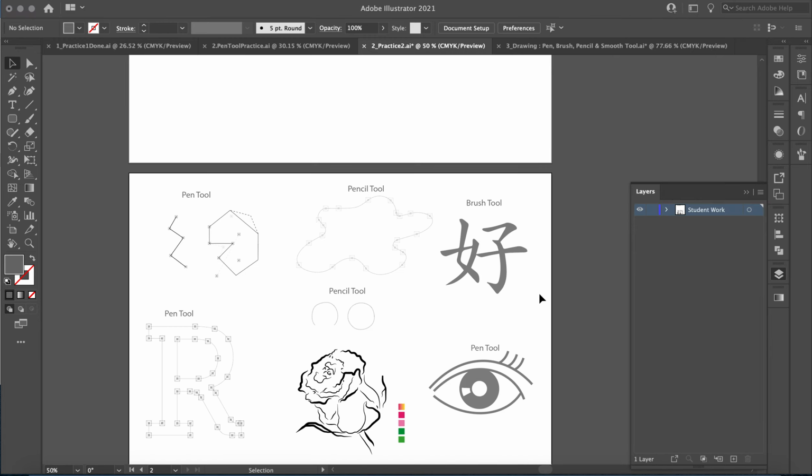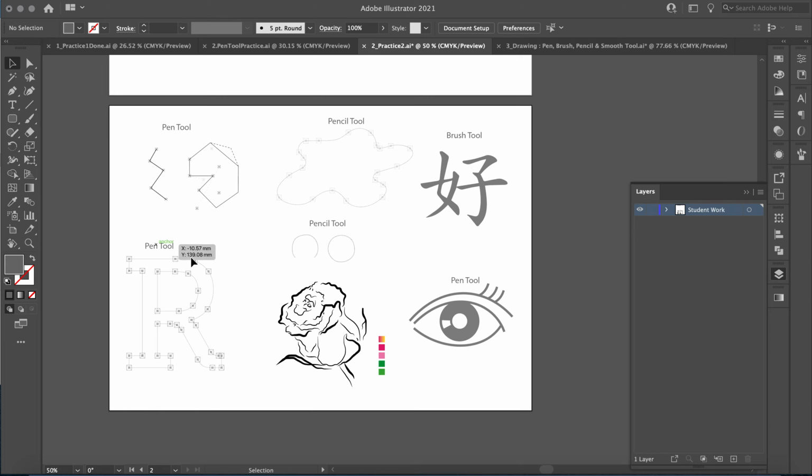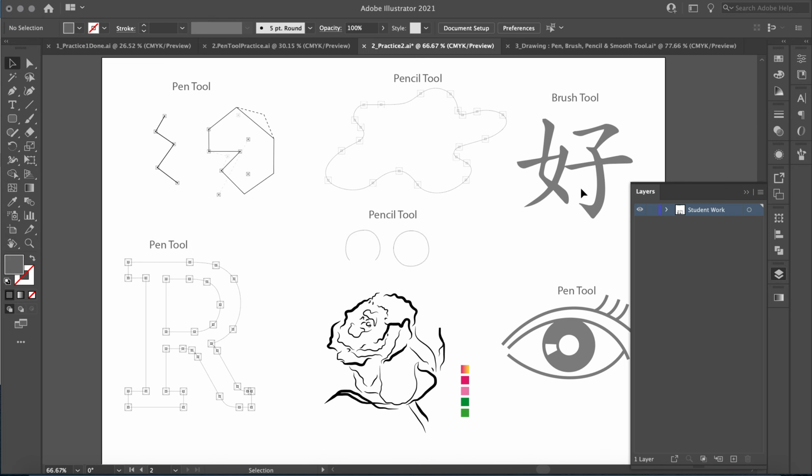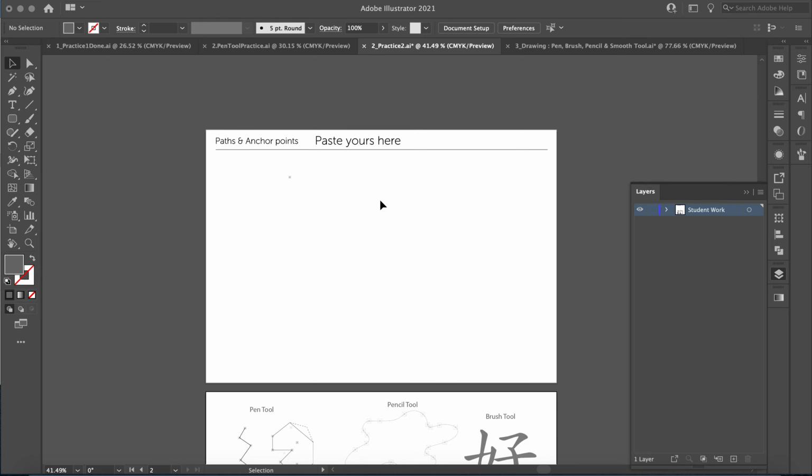Okay, digital imaging. So we're going to be using the pen tool, the pencil tool, and the brush tool. So we had our tutorial using the pen tools. Some of this is going to be things that you've already done before. So there's a few different sections that I want you to practice with. There's this one here with the pen tool, pencil tool, and the brush tool here. What you're going to do in the end is you're going to put yours up here at the top of